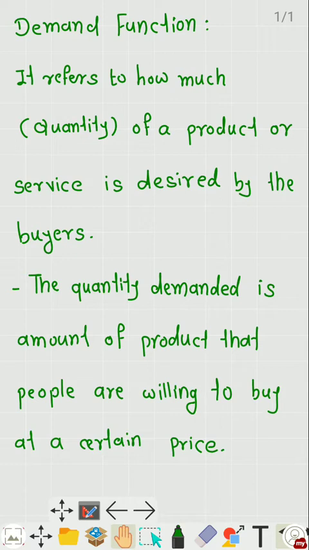It is a well known fact that the demand depends on the price. If price increases, demand decreases, and if price decreases, demand increases. Hence, there is a relationship between the price and the quantity demanded, and this relationship we